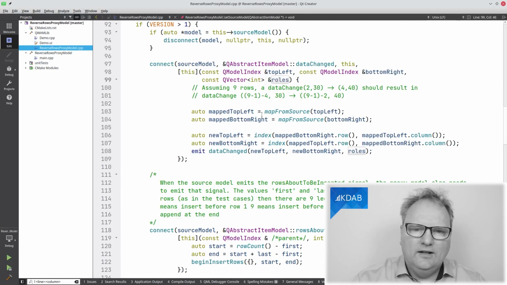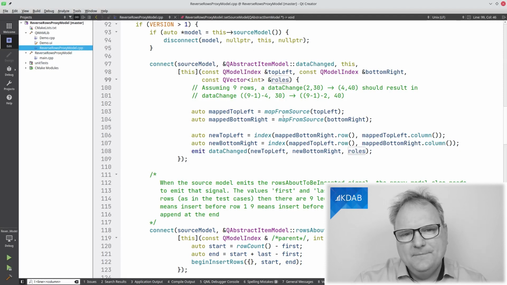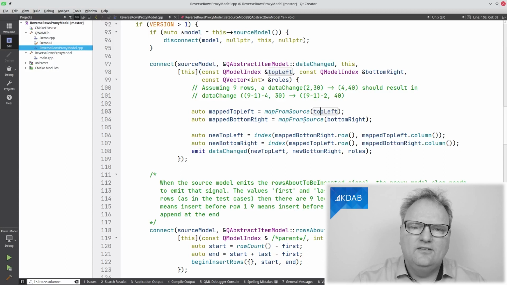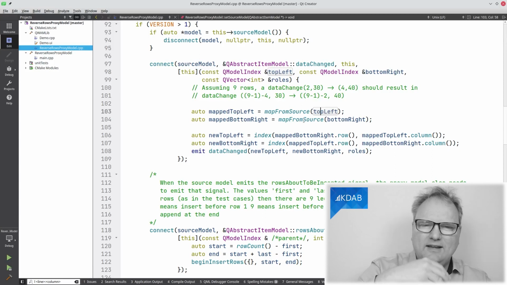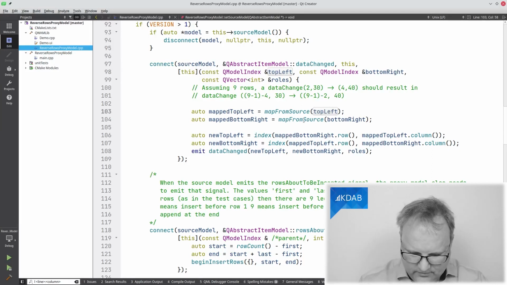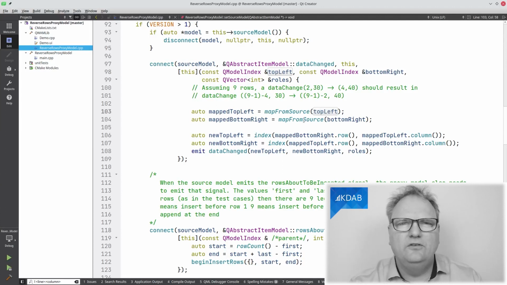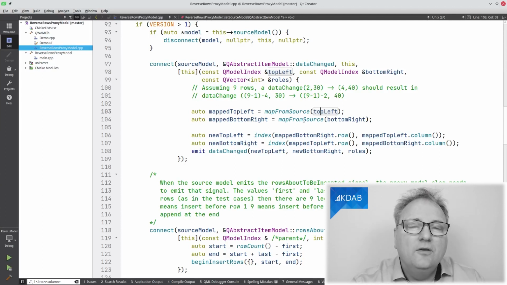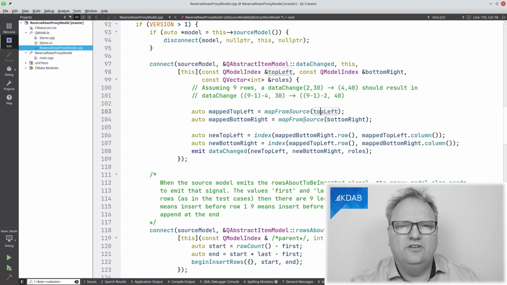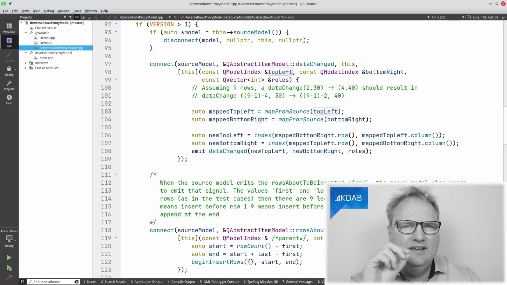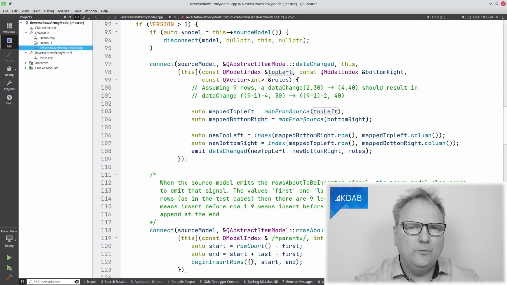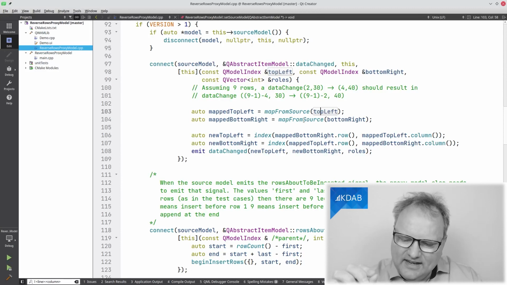So what does it look like? Well, I will take my top left and my bottom right, and I'll map these indexes from the source model to me. So I never, ever, sorry if I went into a loop there, give out indexes from any other models than yourself. We saw the check framework earlier on, and there I actually did check throughout every single place that the index was actually mine. So if you use that framework, you should be safe. But I take the index from my source model.